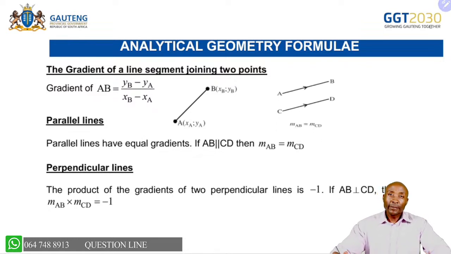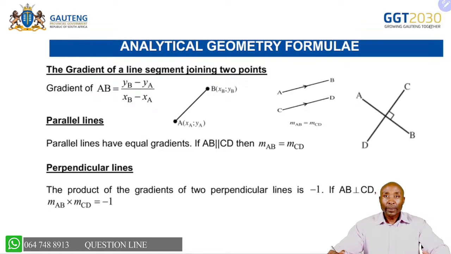We move on again. We know that we have parallel lines, and the notation for representing our parallel lines is making sure that we draw those arrows to indicate that AB is parallel to CD. And the common property is that parallel lines have equal gradients, and we use this a lot in analytical geometry. You will see as we answer questions, and we should always have a picture of what we are dealing with as we move along. Perpendicular lines